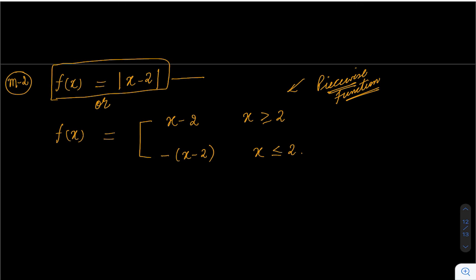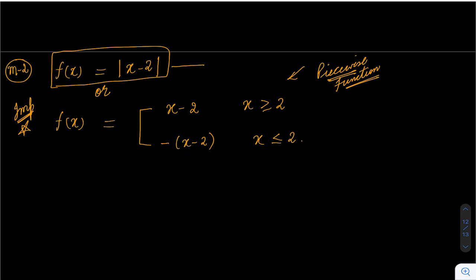Okay, so if you don't know this, then you can remember this now. This is very useful. This will be useful in year 2 also. Okay, so this is how we can define the absolute function. Okay, now you can easily differentiate this, right? f dash x is equal to, now what's the differentiation of x minus 2? The differentiation of x minus 2 is 1.